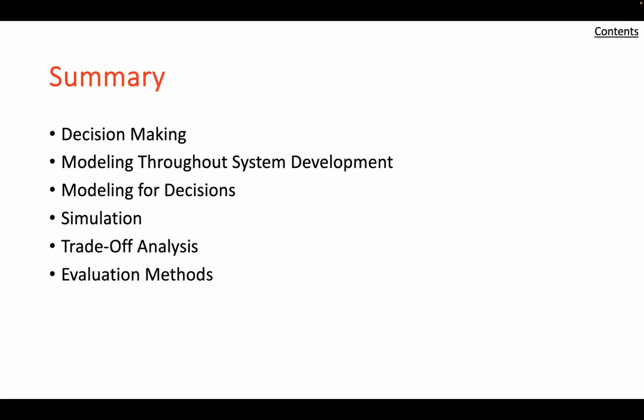Then we had a discussion on evaluation methods. As system engineers are confronted with complex decisions about uncertain outcomes, they have a collection of tools and techniques that can be used as decision aids. 4 were presented: the multiple attribute utility theory, MAUT. We also talked about the analytical hierarchy process, AHP. We also talked about cost-benefit analysis, and finally, quality function deployment,